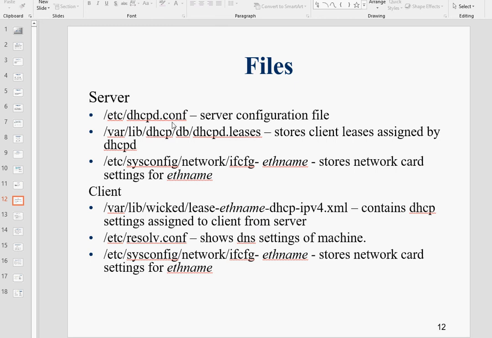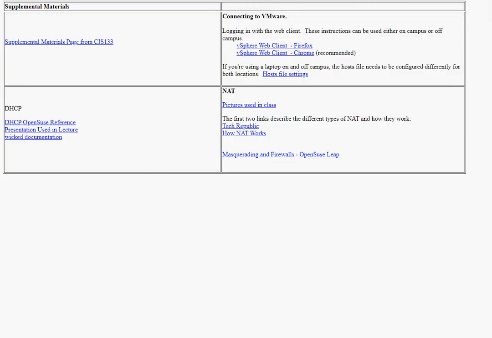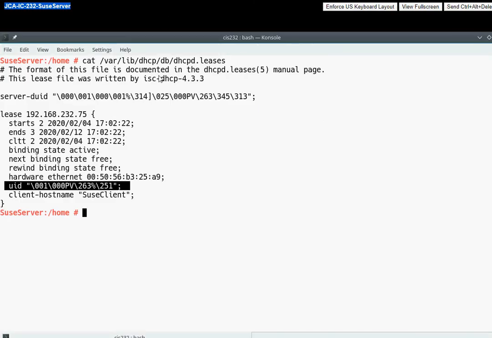Okay, so the dhcp.conf file is the configuration file that, if you make modifications to it, you need to check the syntax and then restart the service. This is the file on the server that has all the leases in it. Of course, we only have one because we only have one machine. I did look at this on the client, but you could look at it on the server as well. That's where you would see, as a matter of fact, if we look at it on the server, what it would look like when it's configured statically. So that path was,